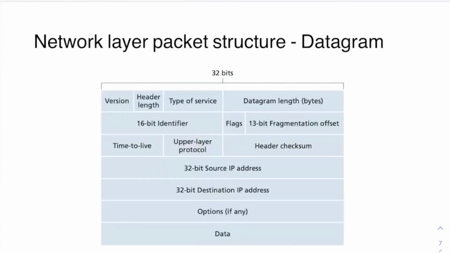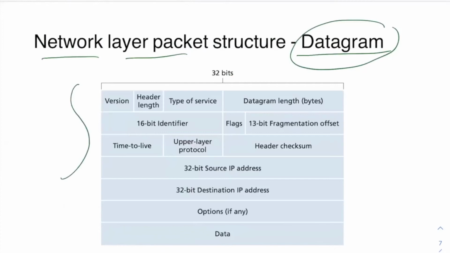Now let's look at the structure of the network layer packet. We also call network layer packets datagrams. The data that we have in the network layer is also called a datagram, because the network layer is not a connection oriented protocol. It's a connectionless protocol, and whenever we have a connectionless protocol, we call it a datagram. So whatever data is there, we call it a datagram. If you remember from UDP also, that D stands for datagram in UDP. So if you see the datagram here, what are the important headers in this?